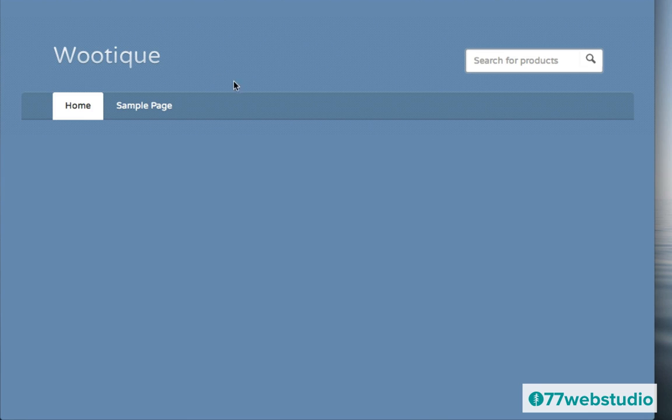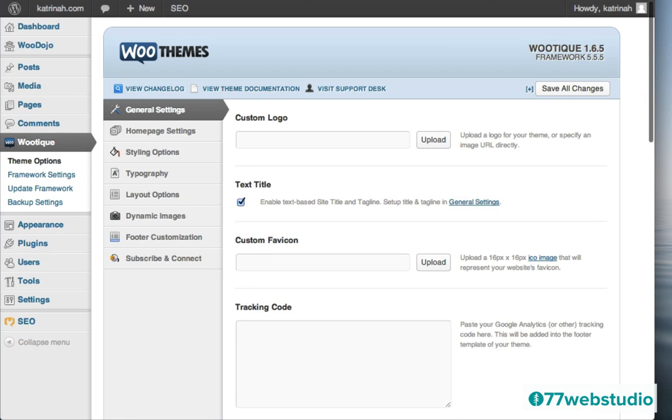So if you perhaps are not seeing a toolbar, like I'm not seeing a toolbar up here right now, it's a good idea to make sure that that's there because it makes it easier to navigate around your website when you're logged into your dashboard. So I'm going to make sure that this little toolbar pops back up by going back. I'm going to click the back button, and then I'm going to go to WooDojo, all of the different features included in WooDojo. So I'm going to click on WooDojo right here on the left-hand sidebar.